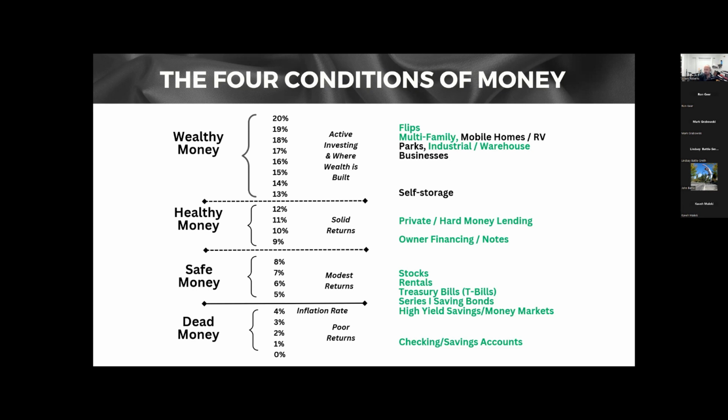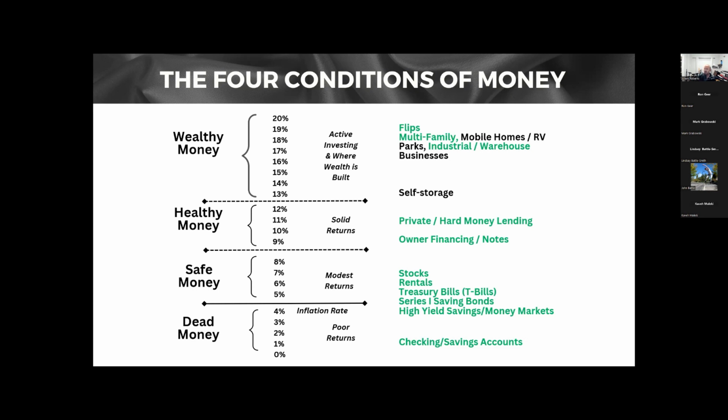And then you've got healthy money. This is where you start to get into more of, I'll call it, real estate investments, right? So notes, we talked about notes last time. So that's where you're going to see some healthy money returns. Hard money lending, if you've never heard that term, that's essentially going out and making a loan to like a house flipper. A lot of home renovators, house flippers don't have a lot of their own money. So they get private loans from other folks. And so you could command 10 to 12% on a loan to somebody. So I'm calling that healthy money.